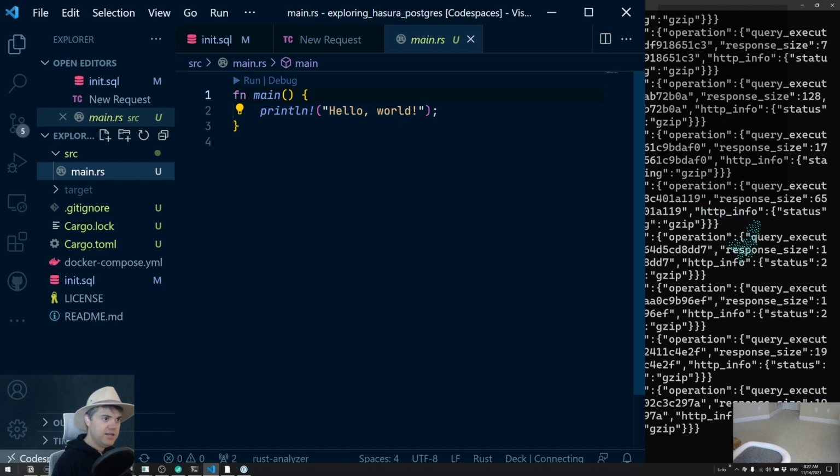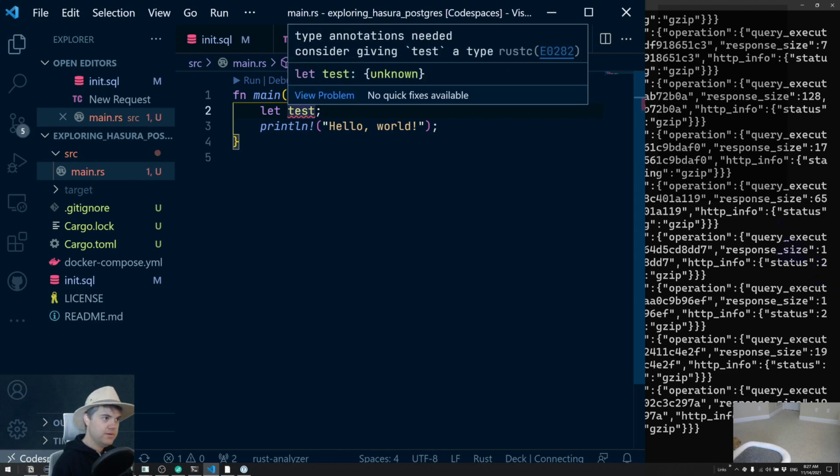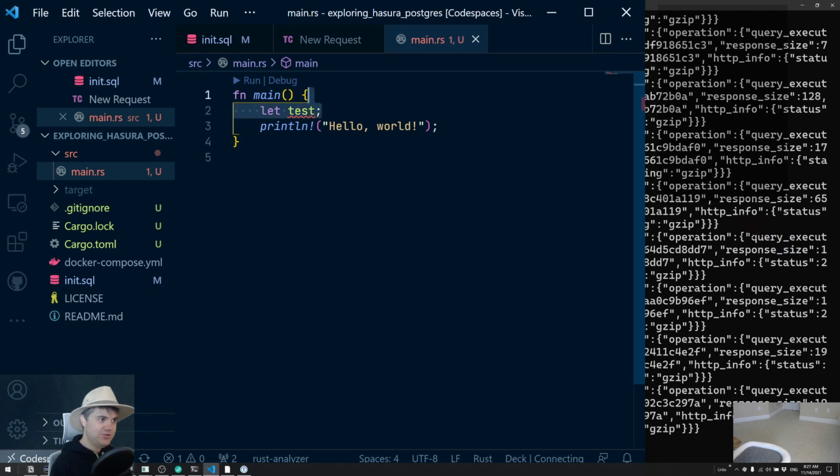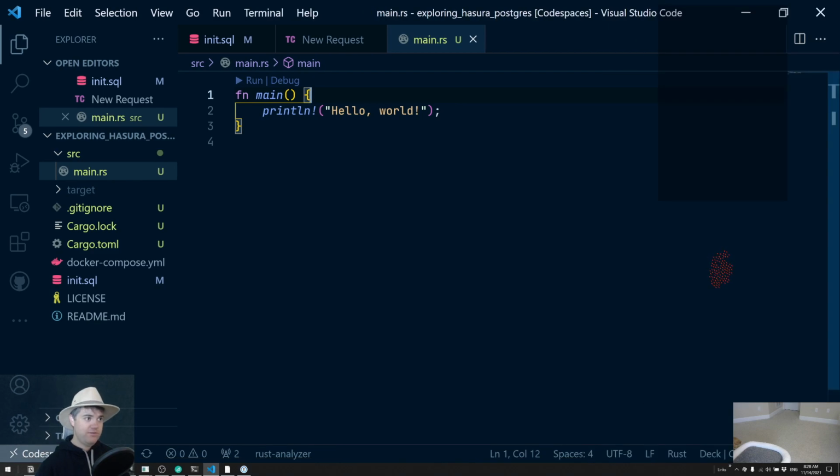Are you done? Can I see? What can I do to make this fail? There we go. Rust Analyzer letting us know, hey, we need to do something about that. Excellent. All right, so if I want to consume this, we're going to need a crate in order to